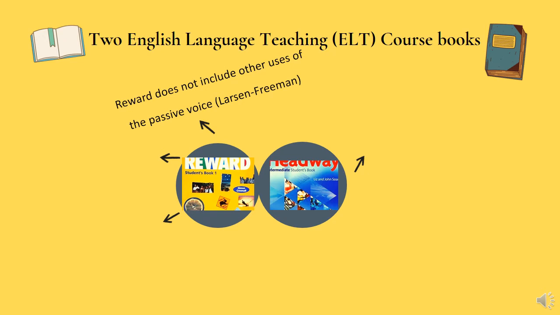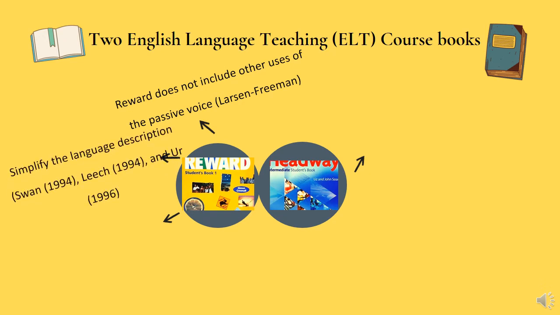A reason for this could be that the author had in mind the criterion of simplicity proposed by Swan, Leech, and Orr, and therefore sought to simplify the language description of the passive voice to make it more manageable for learners. This may help explain why Greenhall decided to offer a general rule of thumb with regard to the passive voice, in the hope that students will be able to grasp more complex elements of the English passive voice, such as those dealing with intransitive verbs, stative verbs, and other different uses of the same structure at more advanced levels